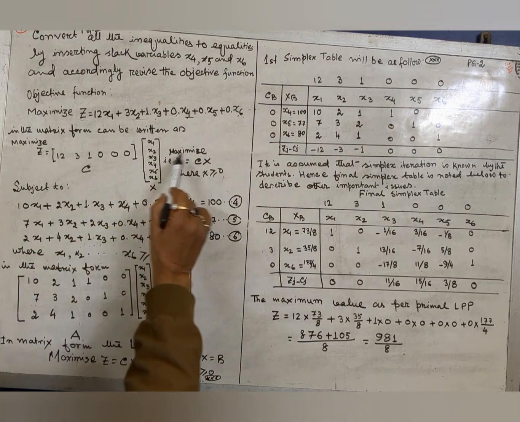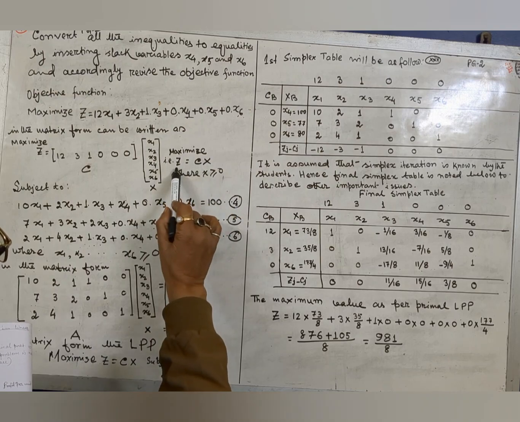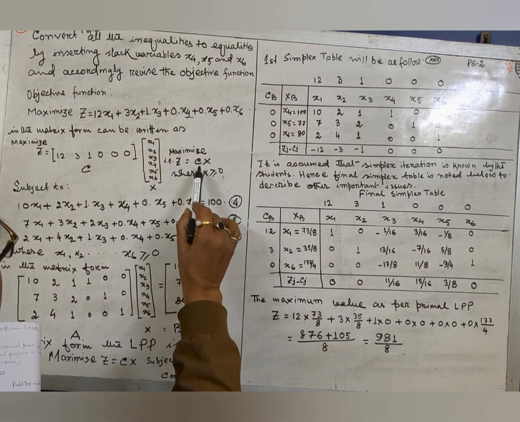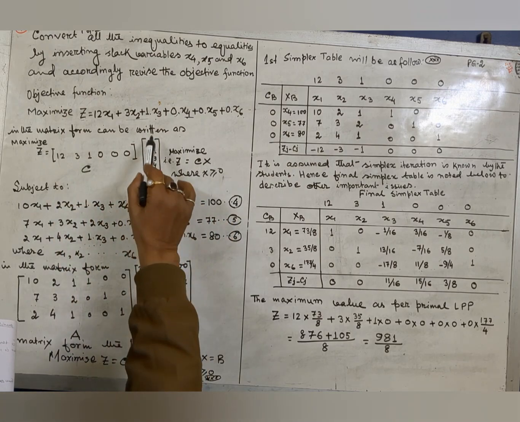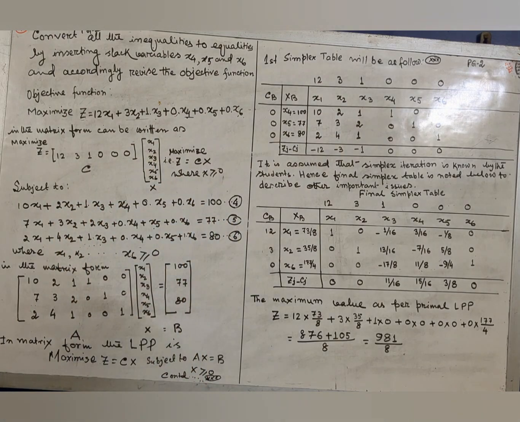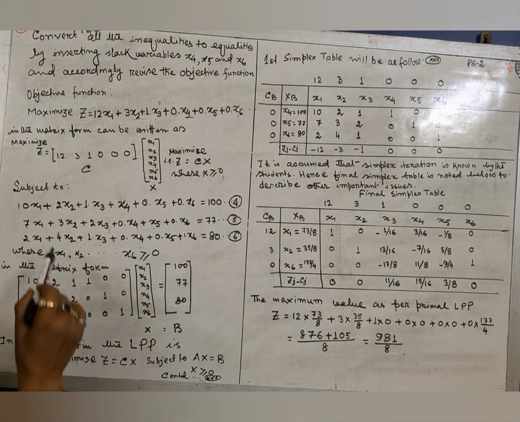That means, if you write it in matrix form, this is nothing but maximize Z = CX. C is this matrix and X is this column matrix, where X is greater than or equal to 0. If we write